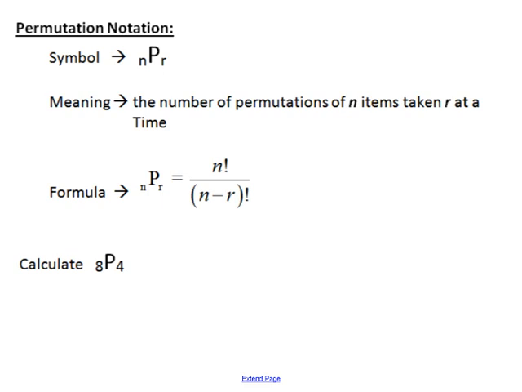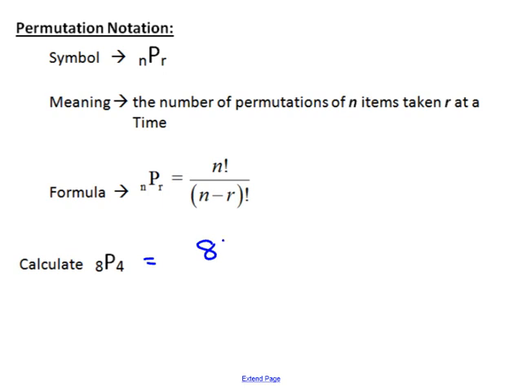Now, maybe you don't want to go all the way down. Maybe we were going to take those 7 kids and we only were going to line up 3 of them, right? Or maybe we were going to line up only 5 of them. Well, then we don't want to go all the way down. That's where this notation comes in. And what it does is that this n minus r factorial is actually just going to divide out the ones you don't want. I know that seems kind of weird, but 8p4,